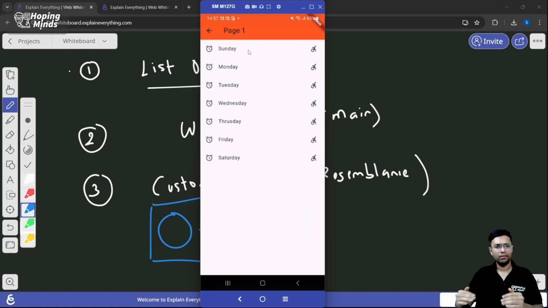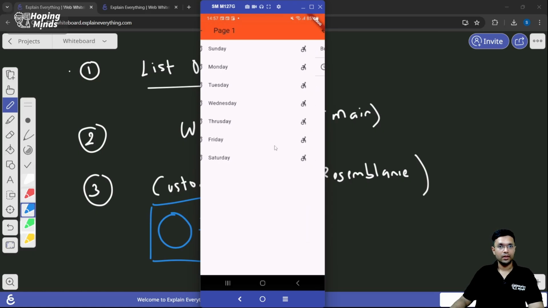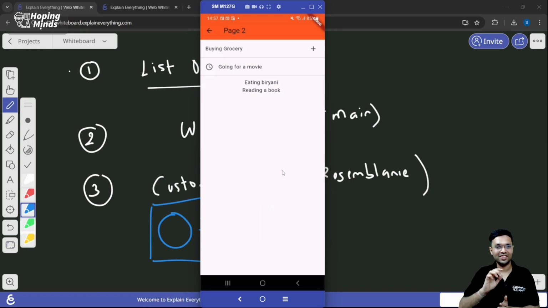This page 1 actually shows a very simple list. You'll see there's a left icon, a right icon, and then in the center we have all the days of the particular week. Moving to page 2, you can see we tried to customize each of the items. Here the first item has a right icon, the second item has a left icon, and in fact the third one has multiple text widgets. Here the only perception which I have is to show to you how you can customize each and every item